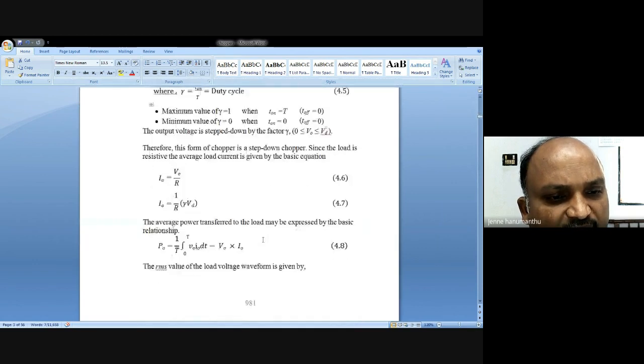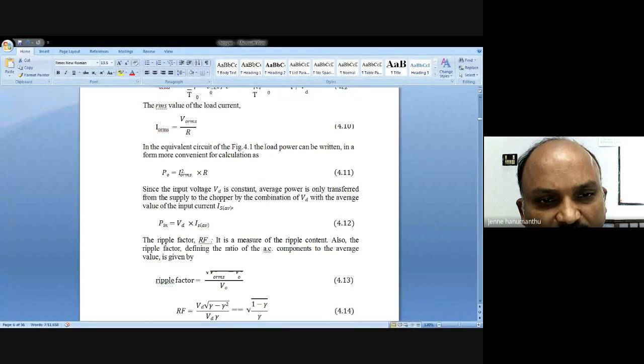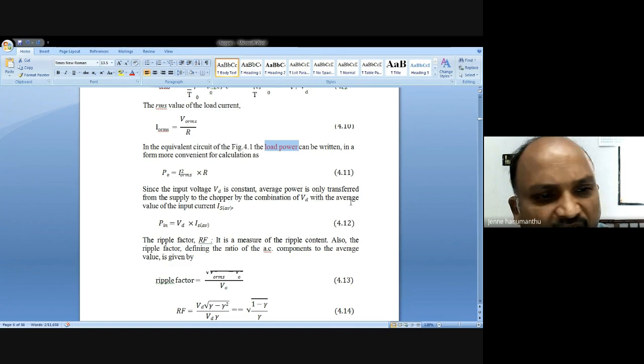The load power can be written as P naught equals I square R. The input voltage is constant. Average power is transferred from supply to chopper by the combination of Vd with the average value of the input current Is. Therefore, input power equals Vd into Is average.